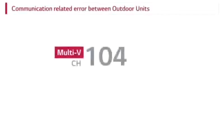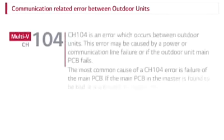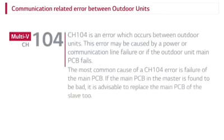Communication-related error between outdoor units. CH104 is an error which occurs between outdoor units. This error may be caused by a power or communication line failure, or if the outdoor unit main PCB fails. The most common cause of a CH104 error is failure of the main PCB. If the main PCB in the master is found to be bad, it is advisable to replace the main PCB